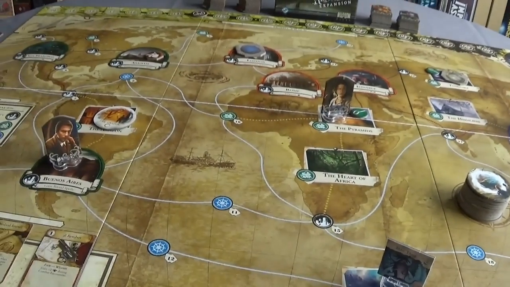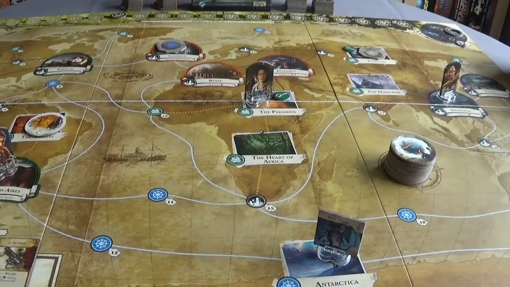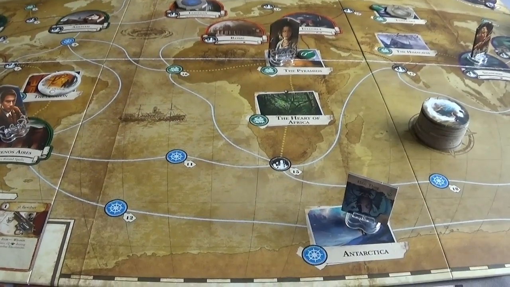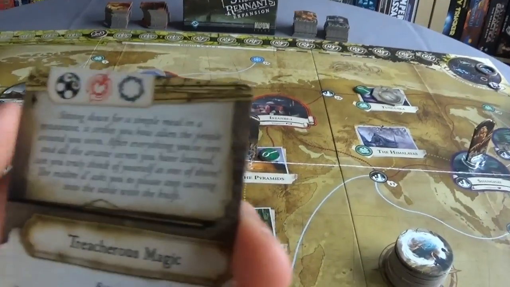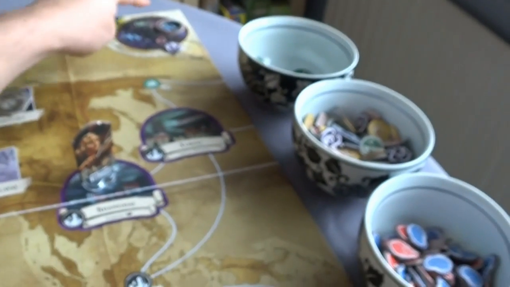Okay, that was it for the encounters, and now we go to the dreadful, scary Mythos phase, which is this one here. So we advance the omen track, it goes to red,